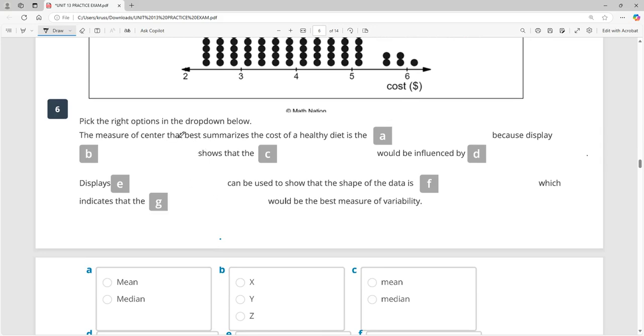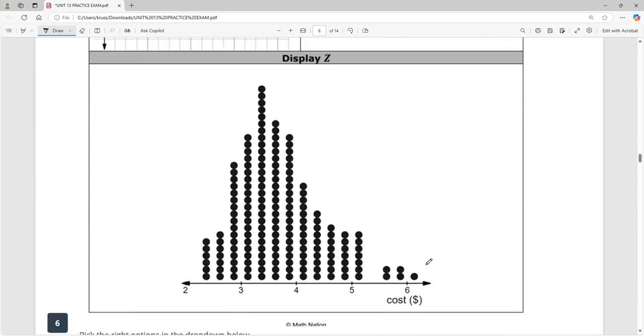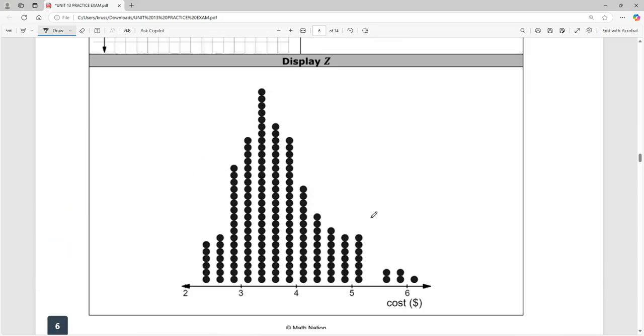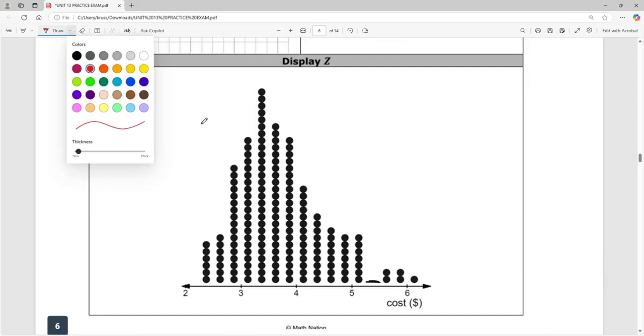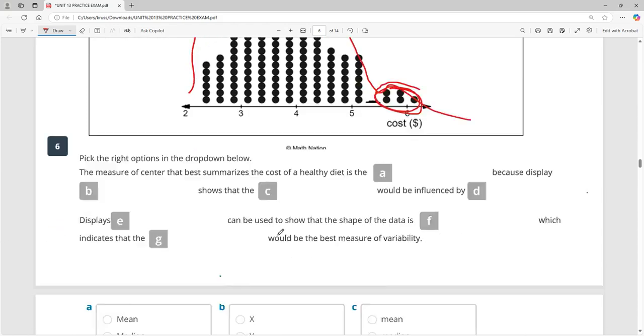All right. So the measure of the center best summarized by a healthy data set is the what? Well, do we want to use the mean or do we want to use the median? Remember, if this is a pretty good bell curve until this gap right here, right? That gap has these 5 countries skew the data, right? If it didn't have that gap there, we had a nice little bell curve like this, right? But then it goes like this, right? So this data makes us say, well, the median,